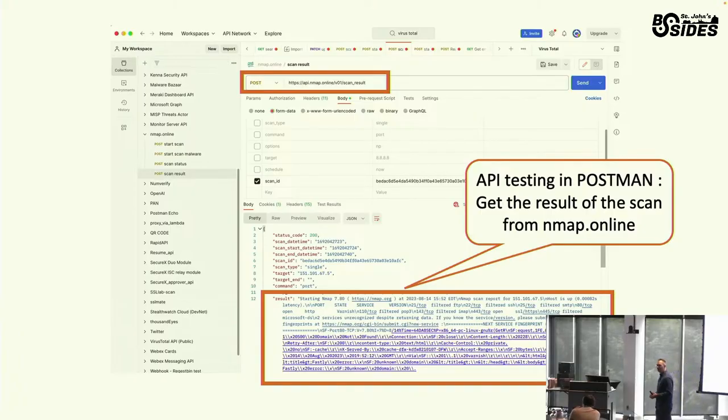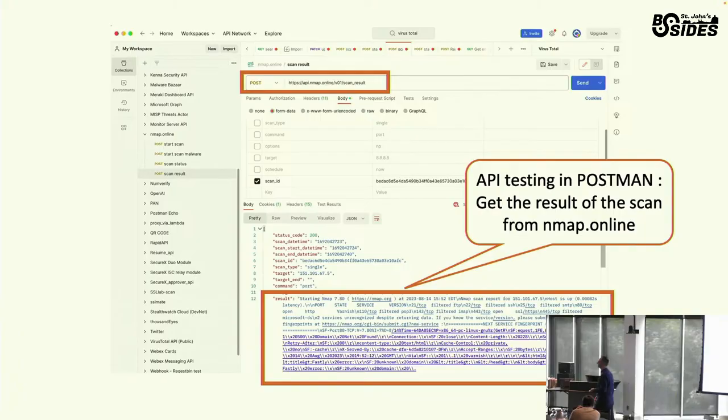A couple of minutes later, I got a call from someone from security at my organization saying, what the hell are you doing? 1.1.1.1 is owned by one of our competitors. So I said, okay, yes, I'm going to stop what I'm doing, and I'm going to delete that workflow. Then I did some research, and I found nmap.online. Make sense?